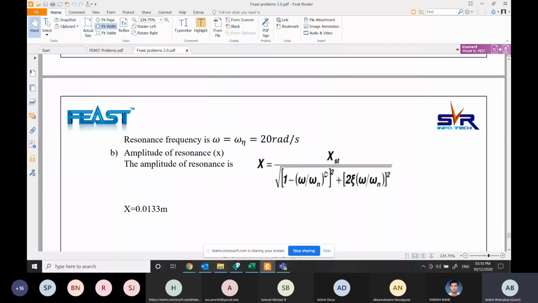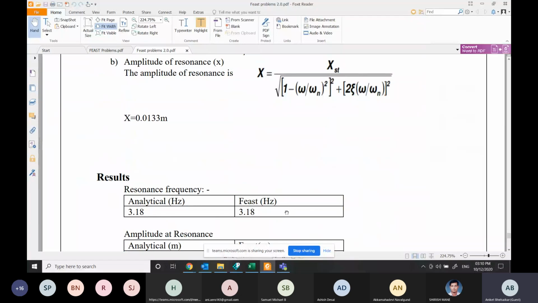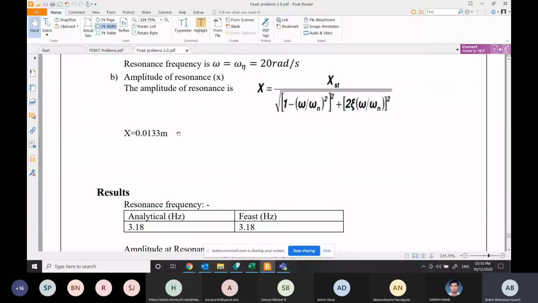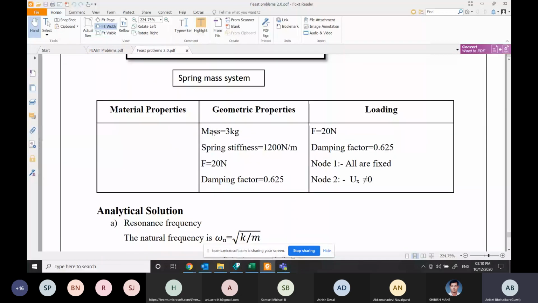If you put the values in this equation, you will get the maximum deflection to be something around 0.0133 meters. So we are going to see how we can find out the values in the software.